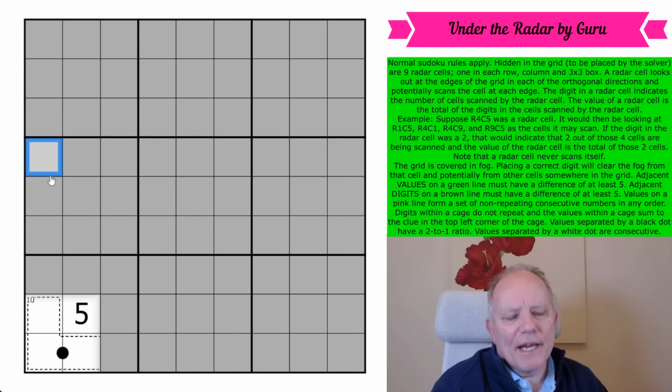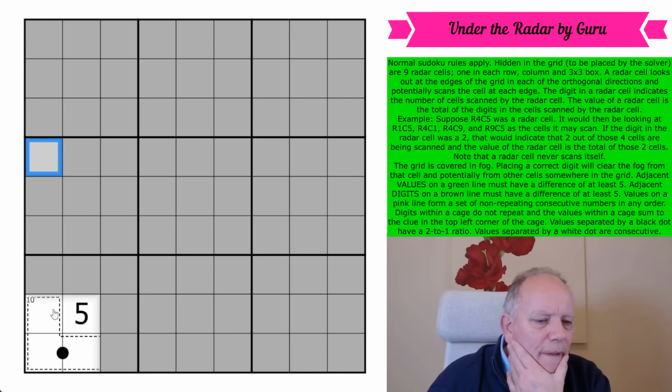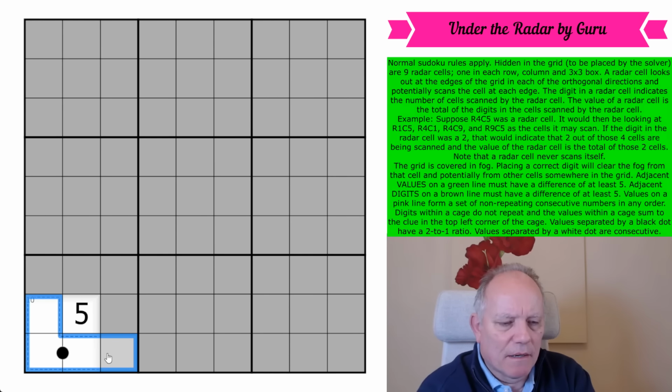So, all the radar cells in the puzzle, this is why when I asked a moment ago, is the set of radar cells the digits 1 to 9? That was a fatuous question. You can't have a 5, 6, 7, 8 or 9 in a radar cell. And I'd sort of seen that before and totally forgotten it. But it's true. Now, that's quite interesting, because if this cage was 4 cells big and did contain the digits 1, 2, 3, 4, one of them would have to be a radar cell, and its value would not be